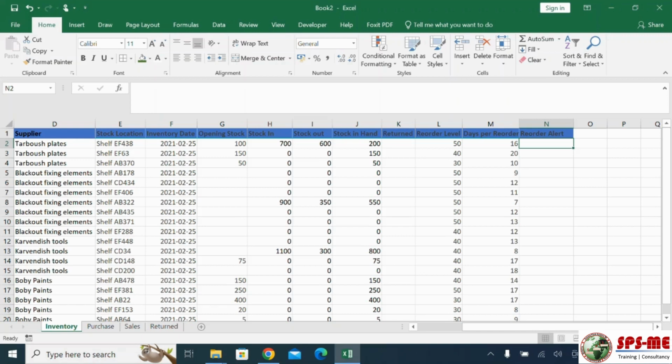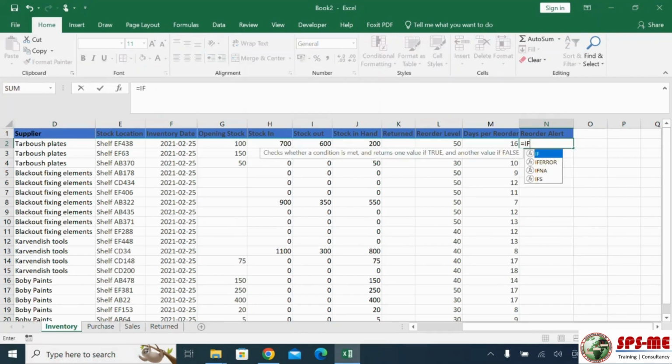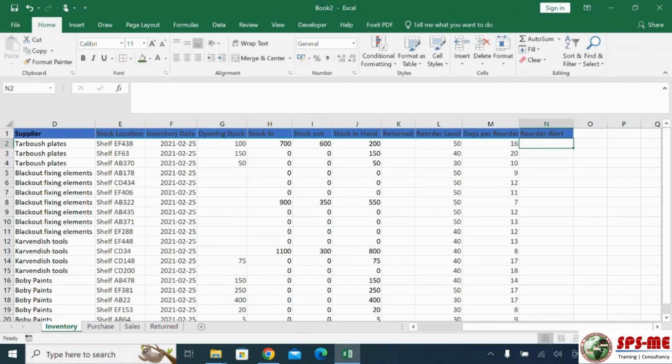One is using the IF formula, and you can also use conditional formatting here. So I'll show you both ways how we can do this. First one, we'll use the IF formula. So in the IF formula, I type equal to IF, open the bracket. Then you can see here, first what I want to do, let's say, is get the reorder alert